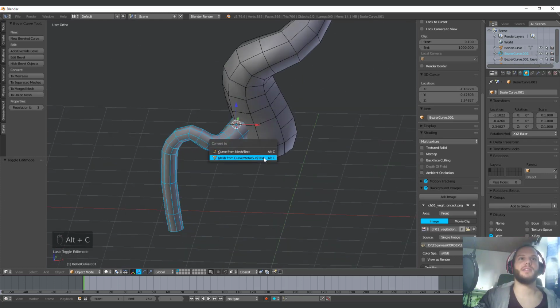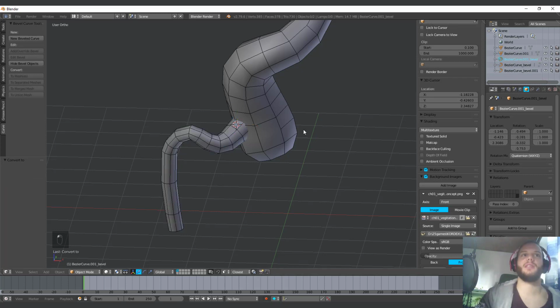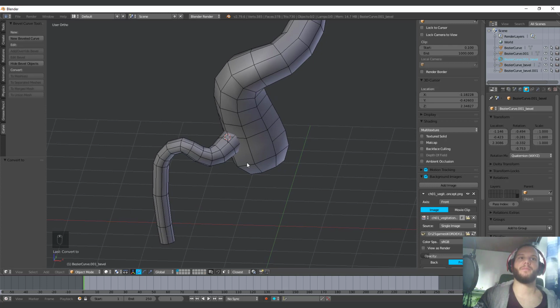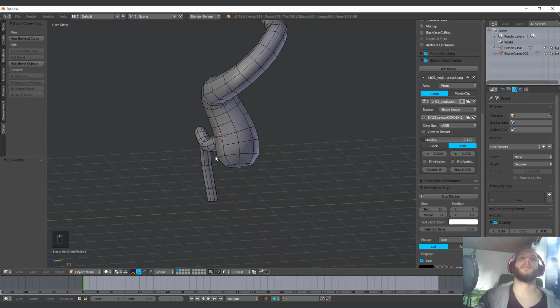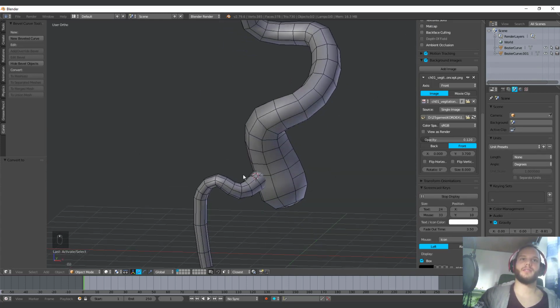Okay. Alt C, mesh. Just care about your outliner. You see that you are creating at the same time some curves here. When you created your mesh, then you can delete those. Delete. Yeah, this is as well deletable. So let's switch to the next curve,